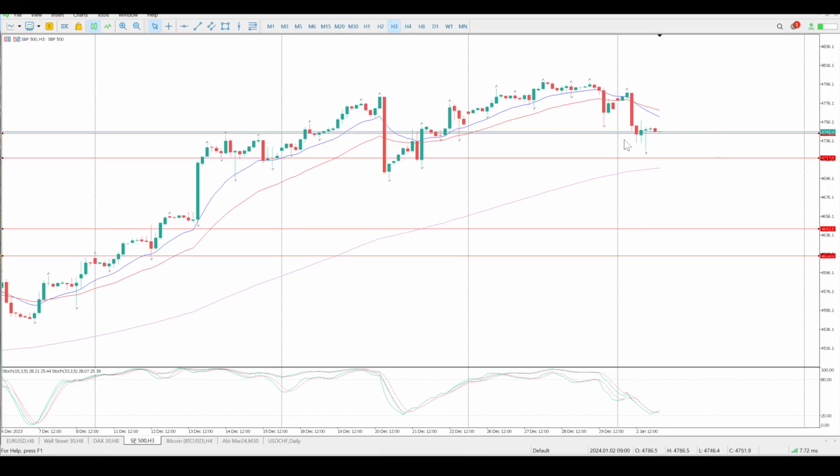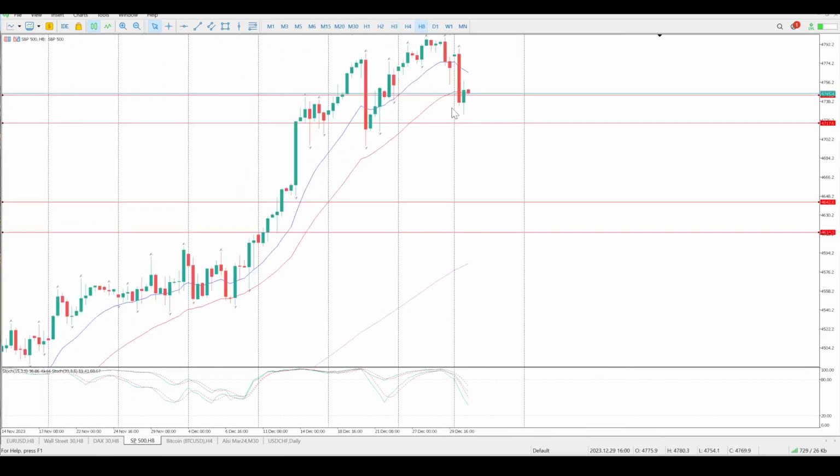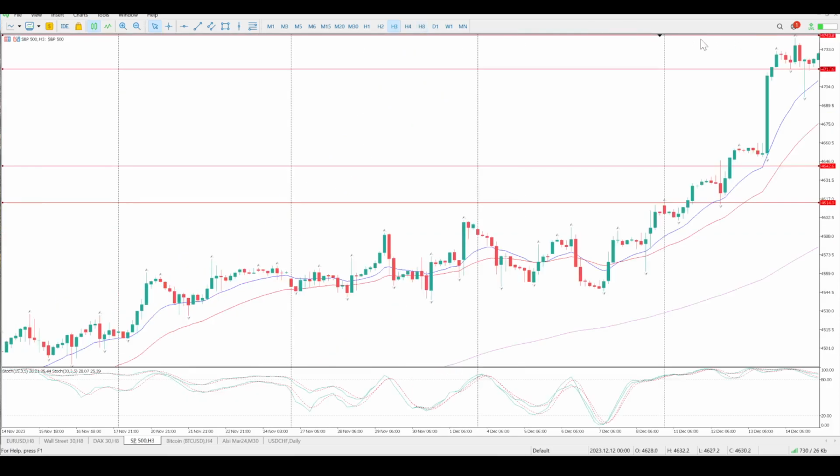What that's indicating is that there are buyers respecting this zone. They've let price come back in, and they've jumped in because they've seen the importance of this zone. So that is the one scenario, that this is a pin bar setting up for a move up. And when you look at the 8 hour, it's a different picture, because we haven't really closed properly on the structure. So from an 8 hour perspective, this is not really a decent setup. However, on the 3 hour, it is.